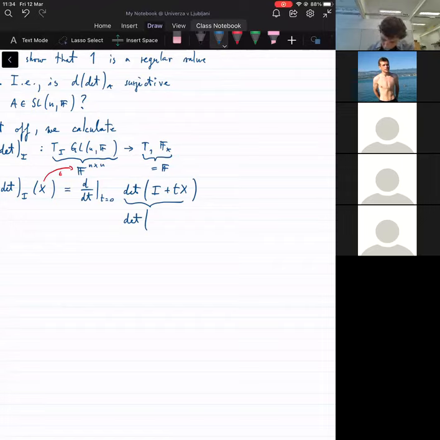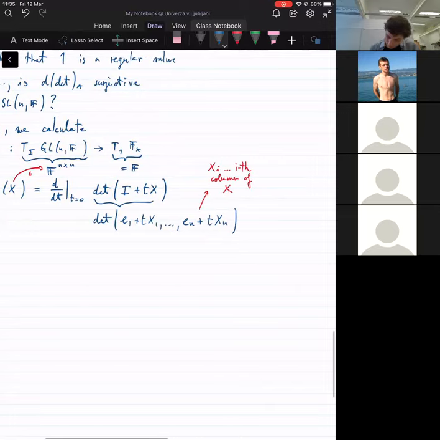So what we write here is now det(e1 plus t x1, dots, en plus t xn), where xi is the ith column of the matrix X. By using that it is multilinear in its columns,